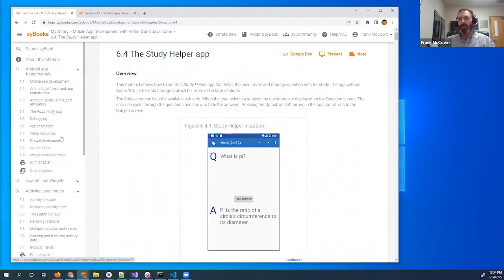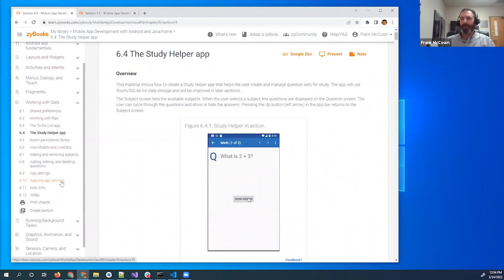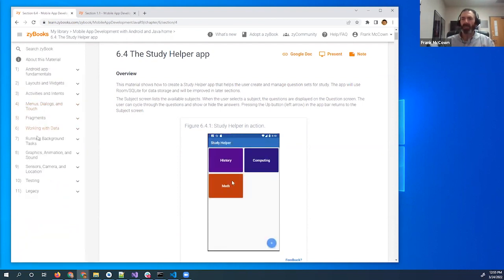It also uses a number of newer concepts, things like view models and live data. It shows how to create application settings. These are some card views that it's using here on the main page. So there's a lot of really interesting things that are being done in chapter 6.